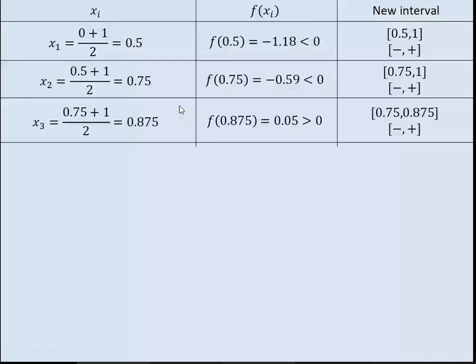Find the value of f at that point. You can see it comes out to be greater than 0, positive. So replace this positive point by this point. If it is negative, then replace the negative point. If it is positive, then replace this positive value by 0.875. These negative, positive are the signs of the function at these two points. Depending on that, we have to do the corresponding replacement. So we get a new interval. Take half of that.